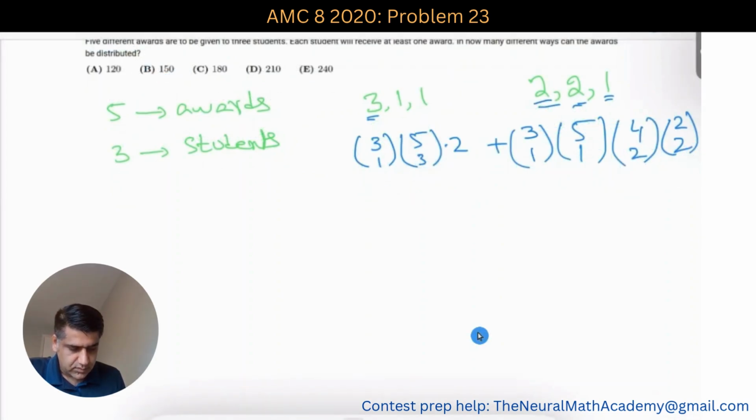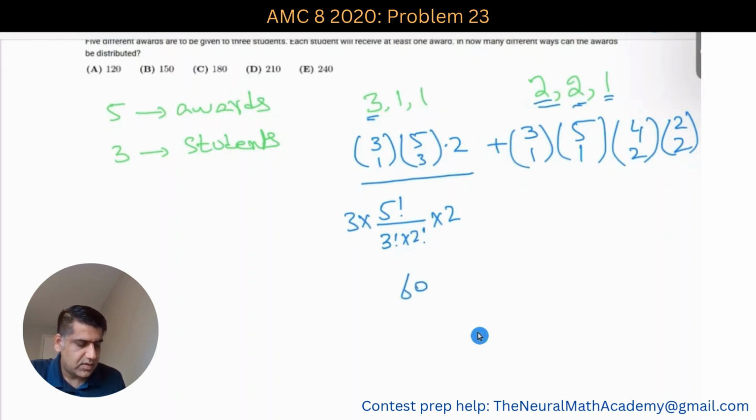Let's solve for the total number of ways. So let's solve this first, and that is 3 multiplied by 5 factorial over 3 factorial into 2 factorial and multiply by 2. So if I simplify, I get 60 for this, and similarly if we solve this we will get 90. So the total answer is then